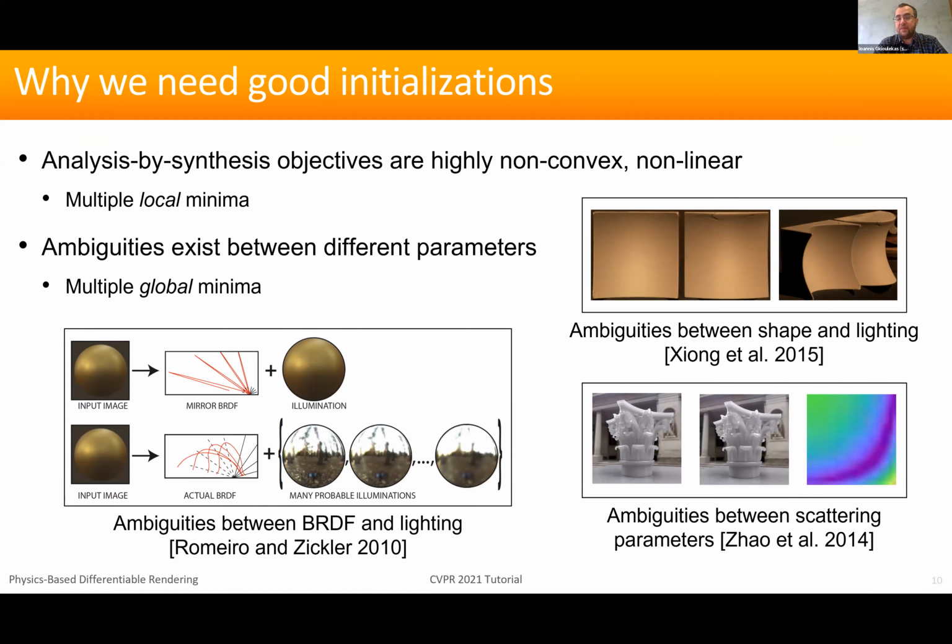So to be able to avoid these kinds of local minima, convergences associated with local minima, and also ambiguities due to global minima, we need to have a good way to compute initializations for our inverse rendering procedure. And in fact, in a lot of differentiable rendering papers, you often see that differentiable rendering is used as essentially a post-processing or a refinement step, where we first have some other algorithm, say in the context of multi-view shape from motion, give us an initial estimate, and then we use differentiable rendering and inverse rendering to optimize that initial